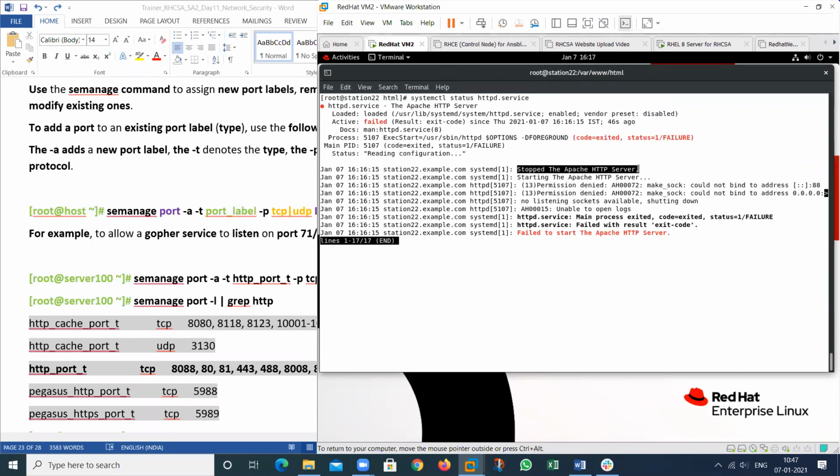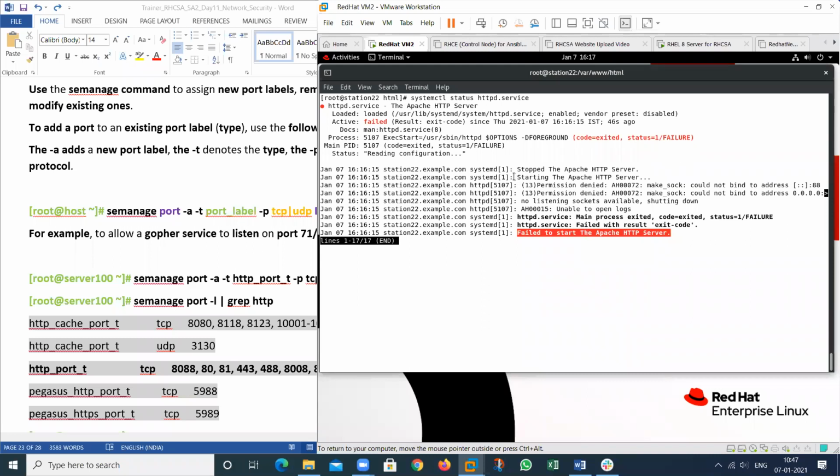If I change anything that is non-standard, that is not allowed by default by SE Linux, then we have to change some more things also. So this is failed. That is not started because the reason is permission denied, because SE Linux prohibited this particular service.